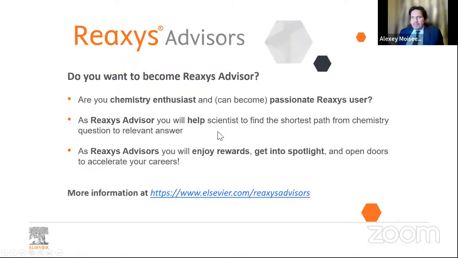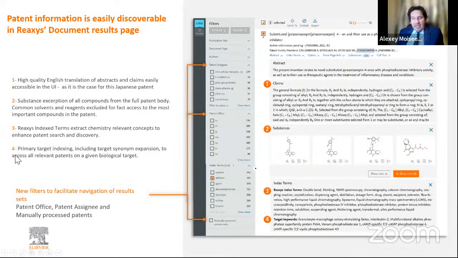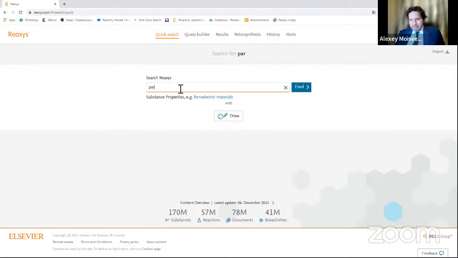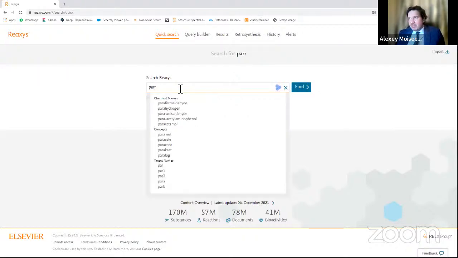So I'm going to show you directly in the database what the features of this database are. And I will start from patents, from information that we can extract from patents. For example, you're trying to find some facts in Reaxys. You can place some substance that is interesting for you.